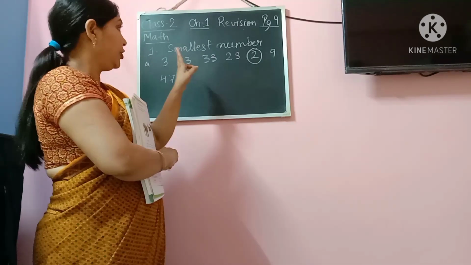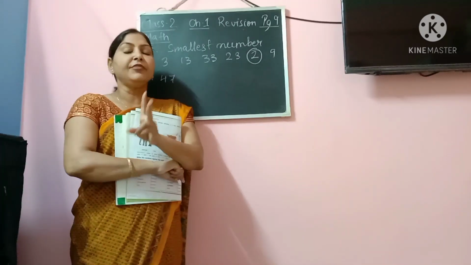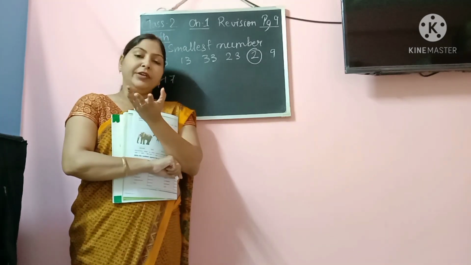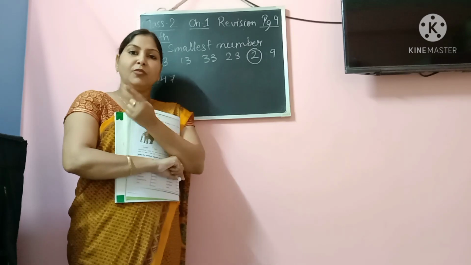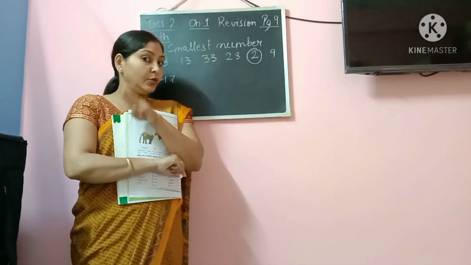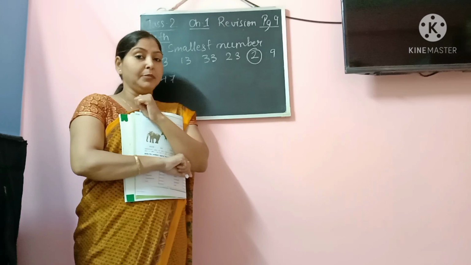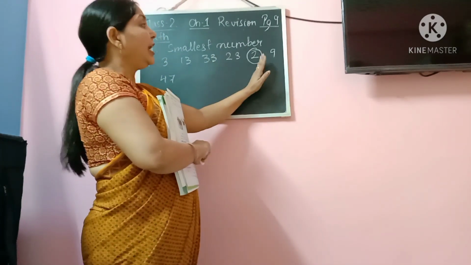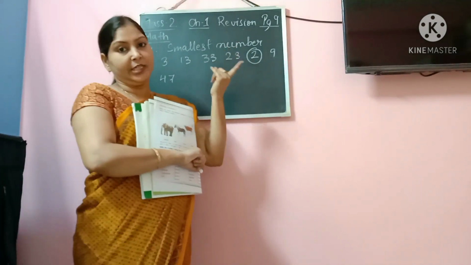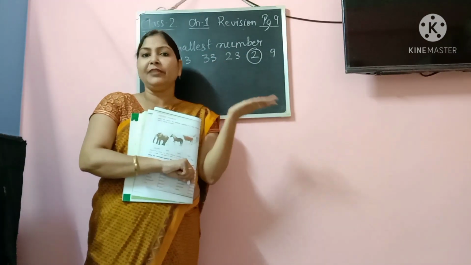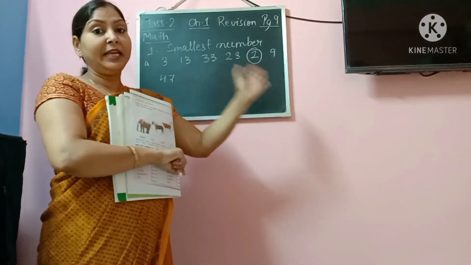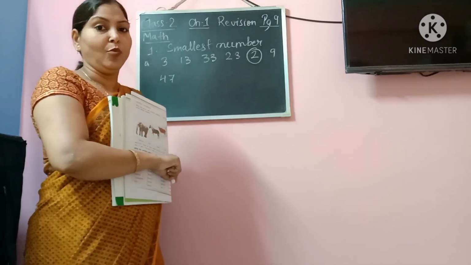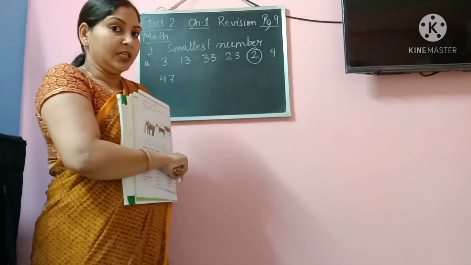First and the foremost thing, you will count the number of digits. If there are 2-digit and 1-digit numbers, then obviously a 2-digit number cannot be smaller than a 1-digit number. So a 1-digit number will be smaller than a 2-digit number. So if we have only one 1-digit number, then it's easy for us to understand which one is smallest. But if there are many 1-digit numbers, then from there also we have to compare. We have to understand which one will be the smallest number.